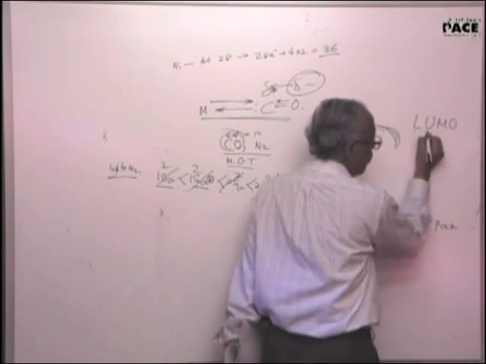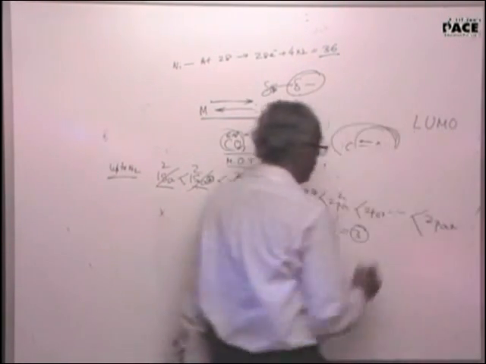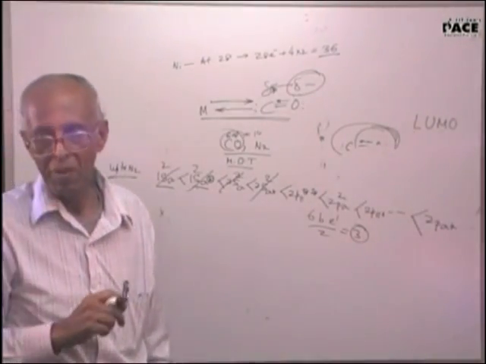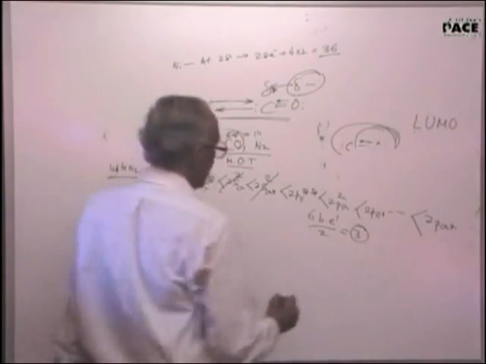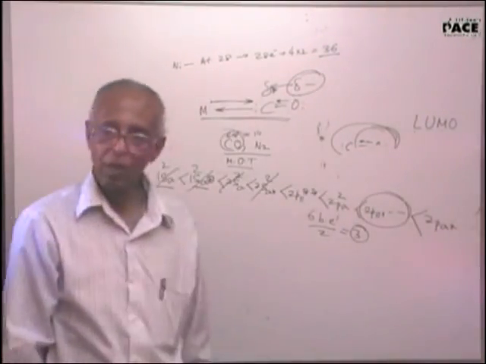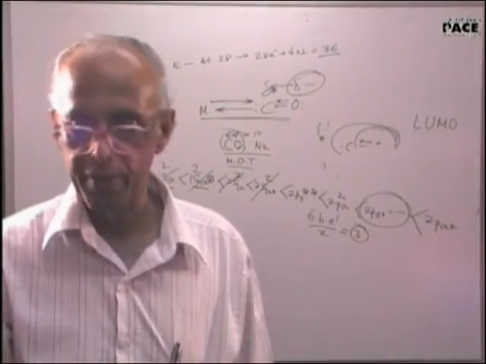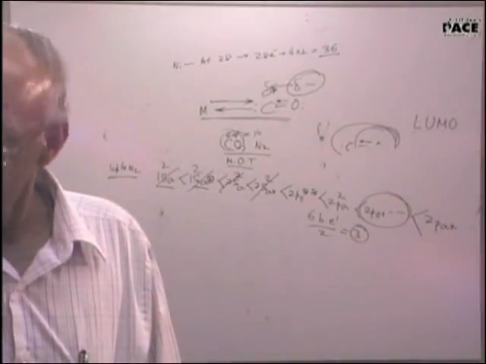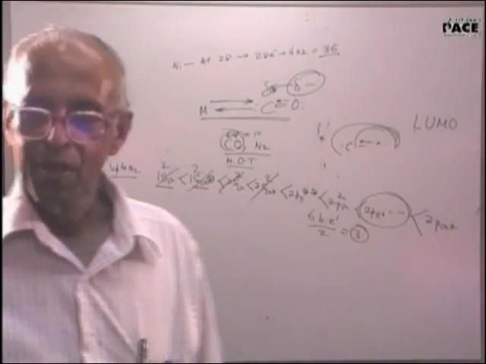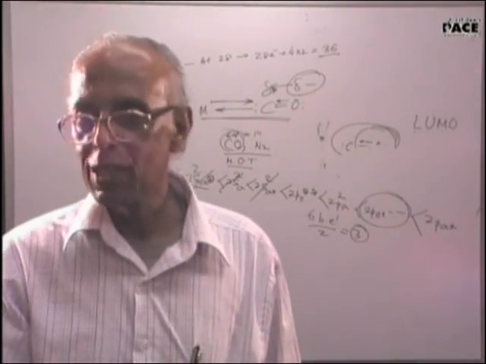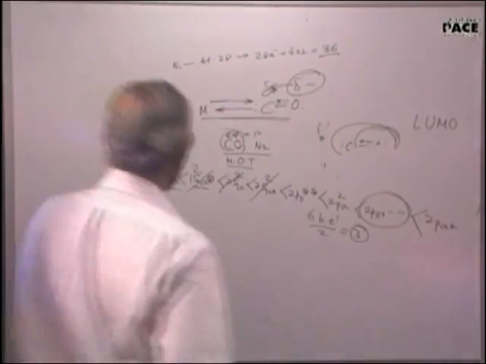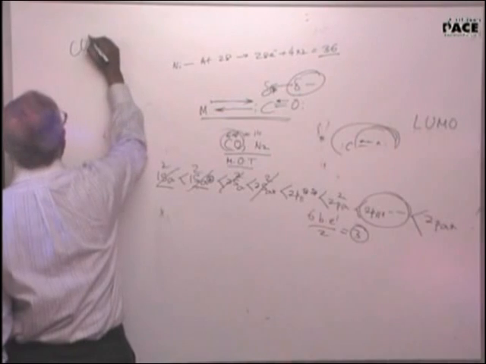Which is your lowest unoccupied molecular orbital? 2p pi star. So if the electron enters into the antibonding orbital, what will happen to the bond order? Bond order will decrease. Stability is also decreased. 2 years back, they asked this question, that CO bond order